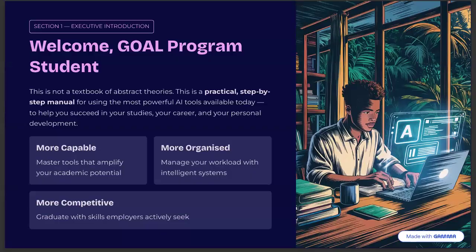You have to be updated. That is a valuable way to get more prepared. And if you manage these AI tools, I can promise you that you're going to be more competitive,